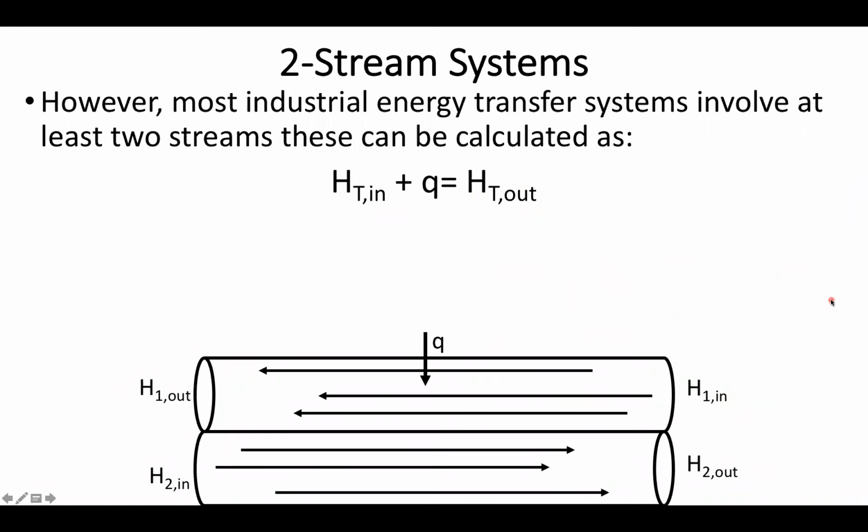Most industrial energy transfers are going to be looking at crossing two different streams to invoke a cooling line and, say, a heating line. So I may have water and a product I need to heat on the other end. And so I'll just run them past each other and watch a certain amount of heat transfer in between the two. And there may be some additional heat coming in from outside the system. And again, using this idea of